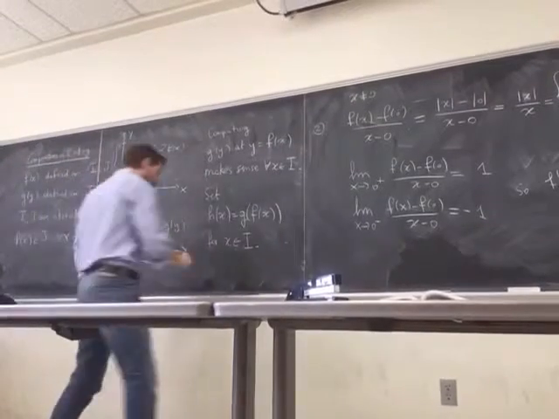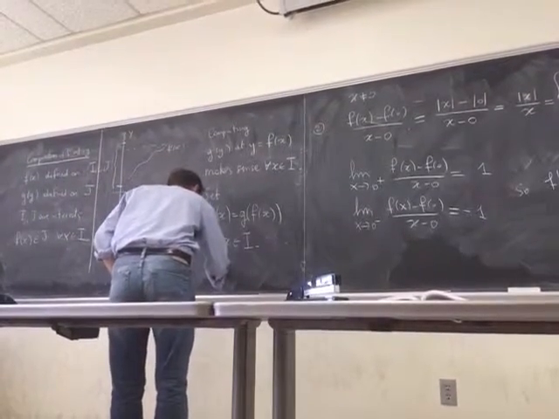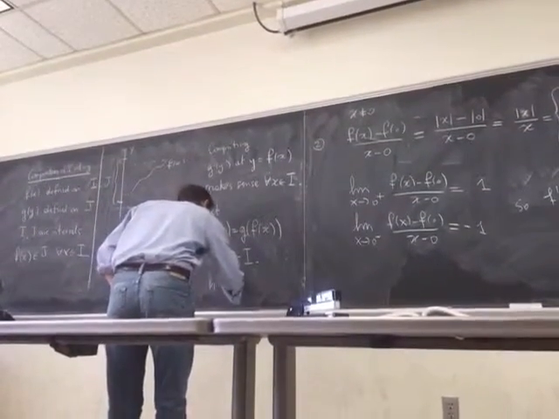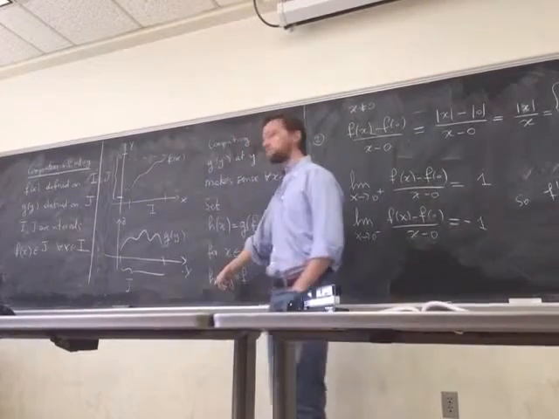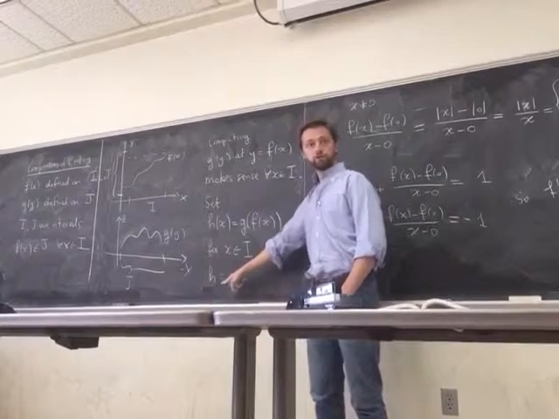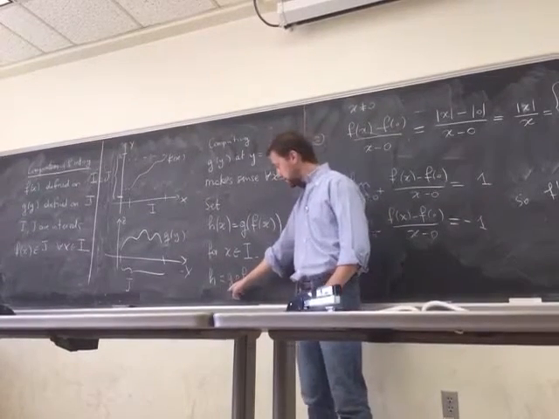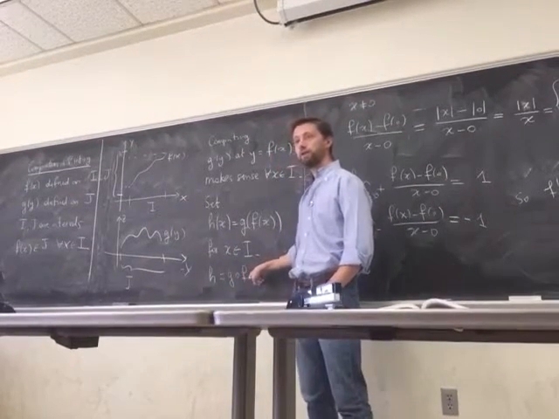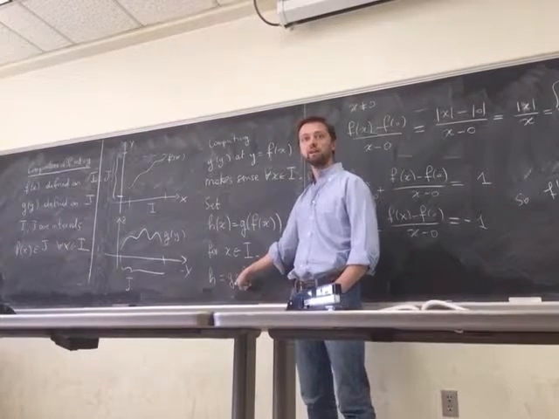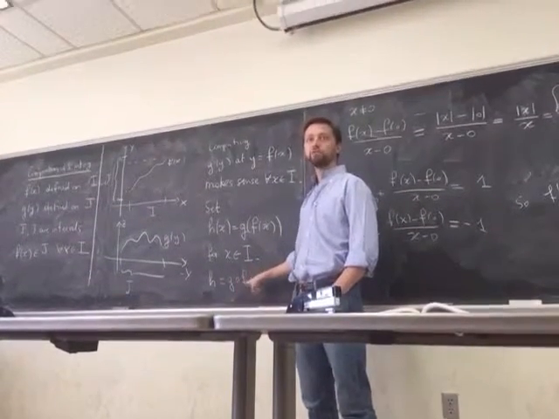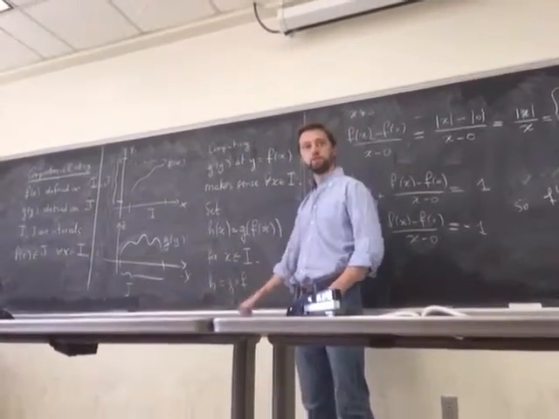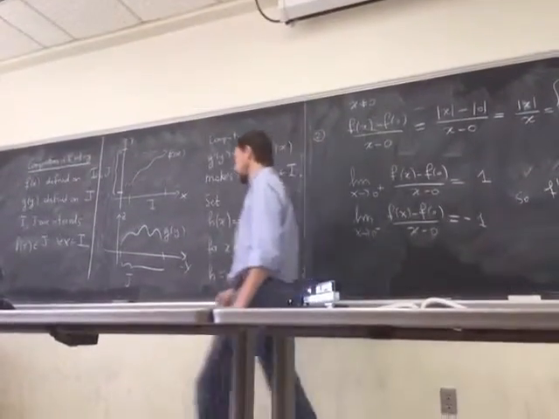This is usually denoted as g circle f. So in books, the composition is denoted like that. When you see something like g circle f, it means that you're computing g at f, or otherwise said, that f is composed into g. All right? Now,